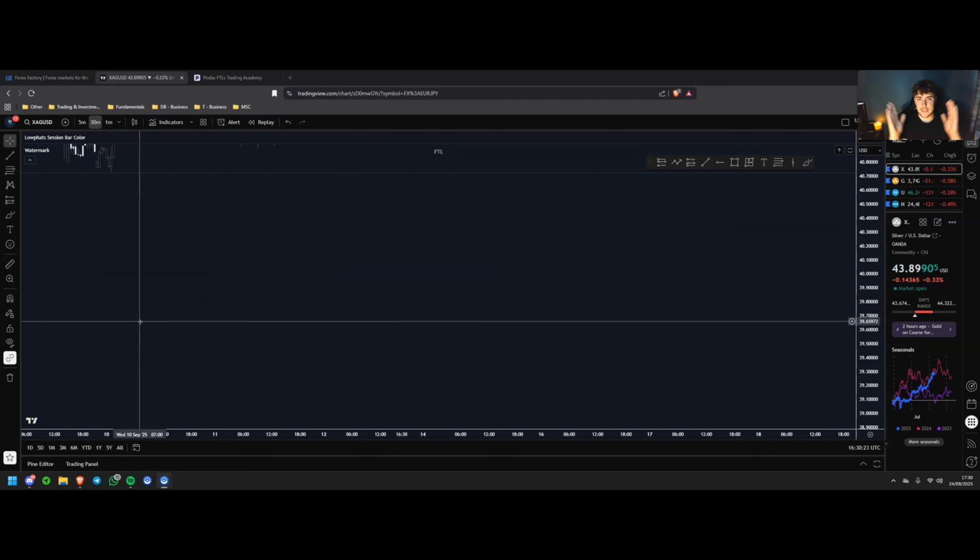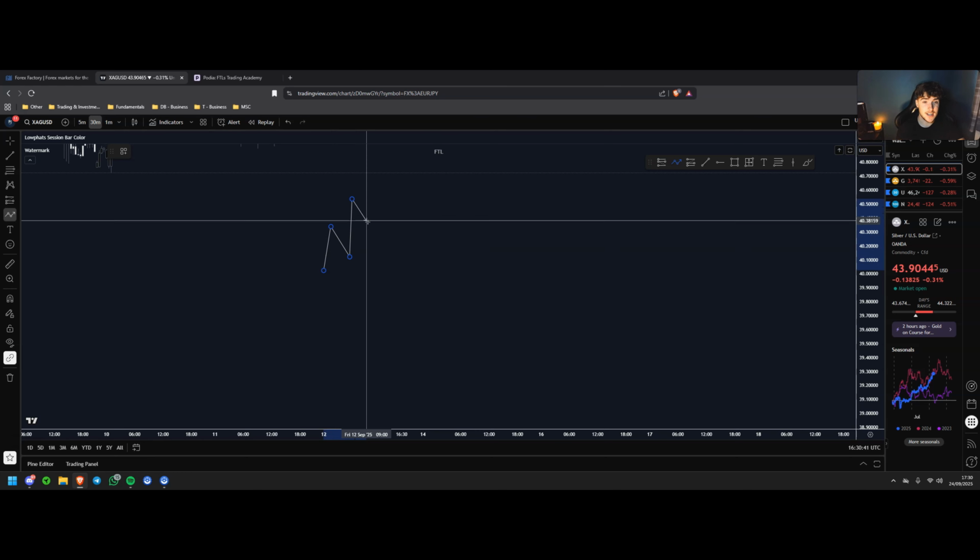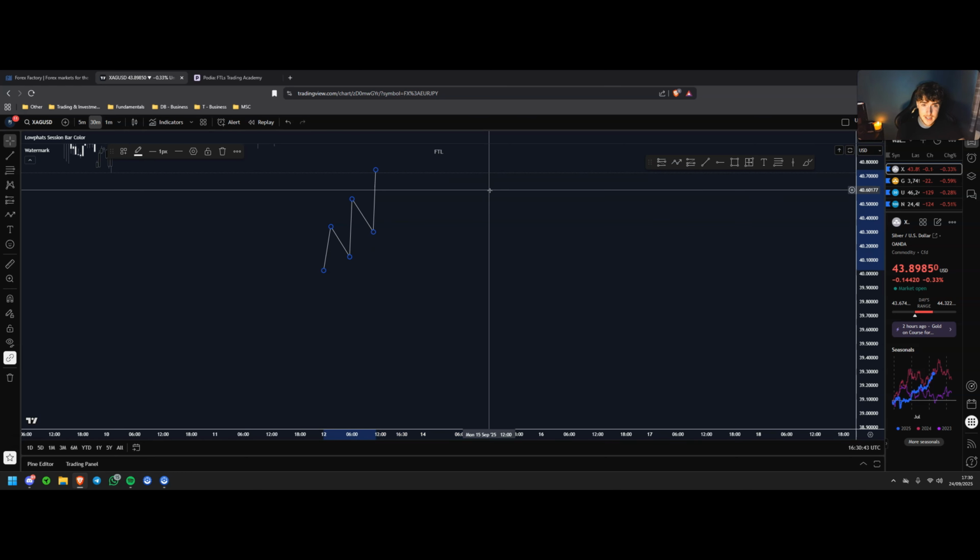So to start off with the basics, we need to identify trend. To identify trend, we need to know what trend actually is. So I'm sure you've all heard of it by now, but for the few people that haven't, I'm just going to give a quick demonstration. So an uptrend is when we're making higher highs, higher lows, higher highs, higher lows, higher highs, and we are